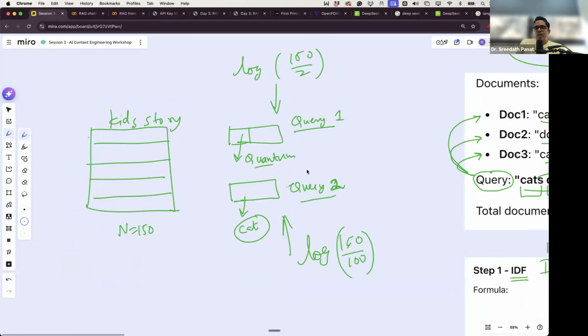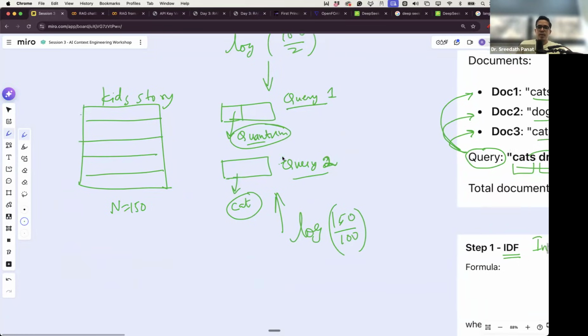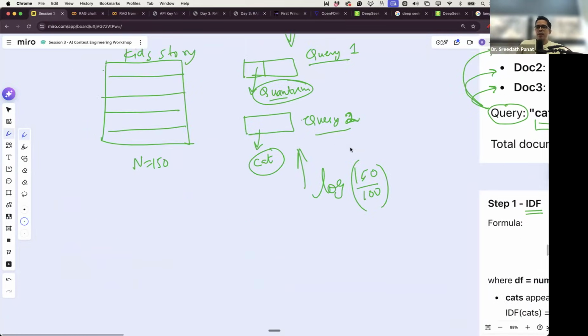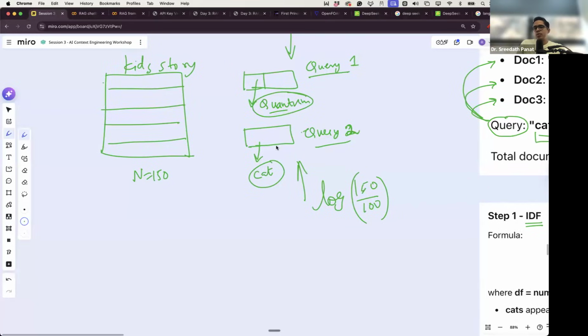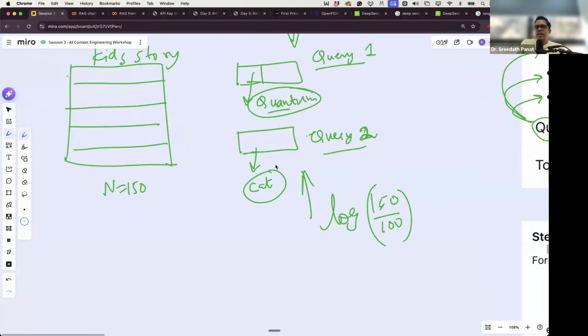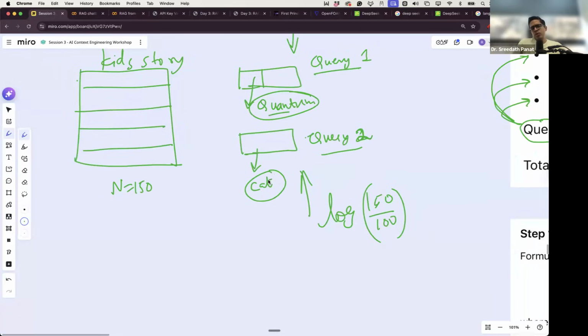So the rarity of the word in the query is one good thing you can leverage to find the appropriate section which you are trying to query. So if the word in your query is so rare, it's actually very useful for you. But then sometimes non-rare words are also useful. What if the user is actually asking something about cat? User is asking something related to cat, and there is one chunk here which contains reference to cat 10 times,